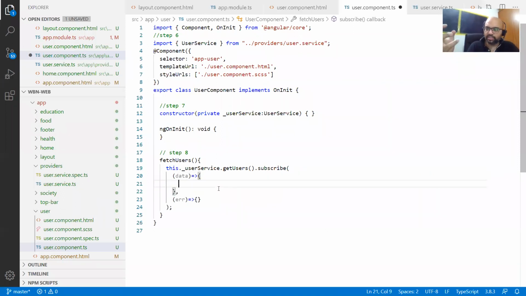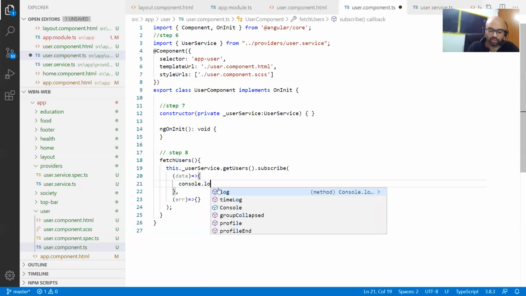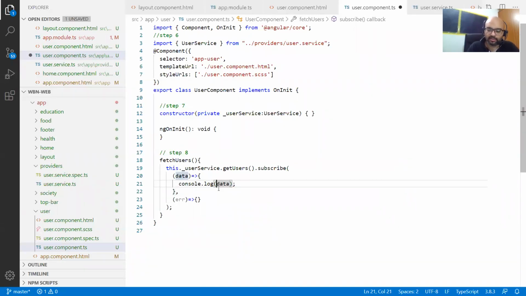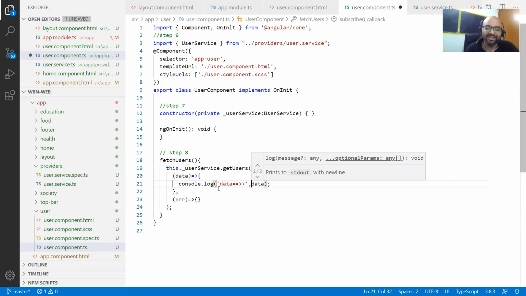Now since you get the data, let me just put a console and show it to you. We are running short of time actually. Console.log and then say data. Okay. What is console log? Sorry, I didn't tell you. Console log is basically, if you wanted to log something in the browser console, you can put console.log. It will immediately trap it. We use it for debugging. We use it for many purposes.